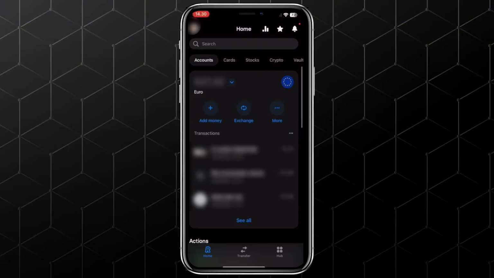In this video, I'm going to show you how to delete a contact on Revolut so you can manage your contacts and control who can send or receive money from you. Let's get started. First, open the Revolut app on your device and tap on the Transfers tab at the bottom